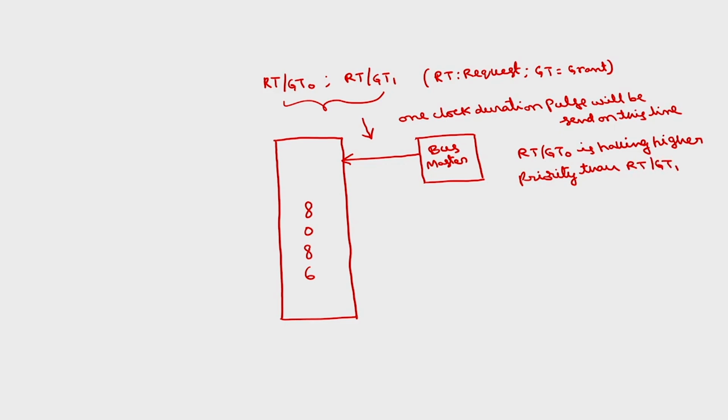Whenever simultaneous requests come on both the signals, RQ/GT0 will be served first, that is what is meant by the higher priority. Whenever the bus master requests through RQ/GT bar with a one clock duration pulse, the microprocessor will complete the execution of the current bus cycle, the current operation. After that, it will inform the bus master through the same signal,